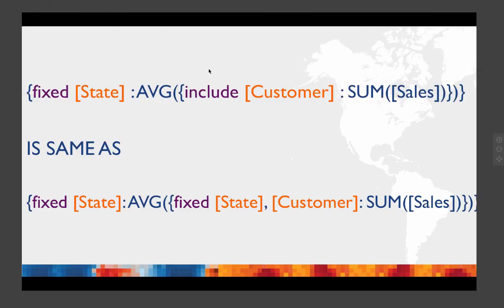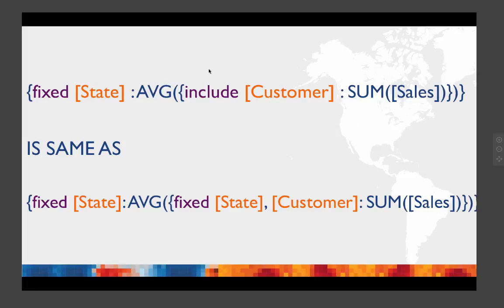As I said, since they act like row-level calculations, I can put it inside an aggregate. The other detail here is I just wanted to show an example where you can see how you can write the same calculation in different ways, because there are also some inheritance rules that apply to nested calculations. The inner calculation will inherit the context from the outer calculation.